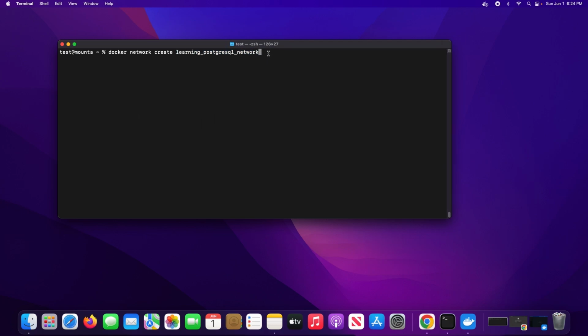So why do we need to do this? Well, I'll not really tell you why, but later on in this video, I want to also show how you could connect to Postgres via a user interface or a development environment as well. So we will need this for later on. So we'll just create this network,